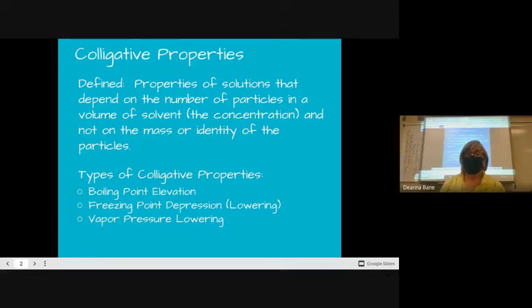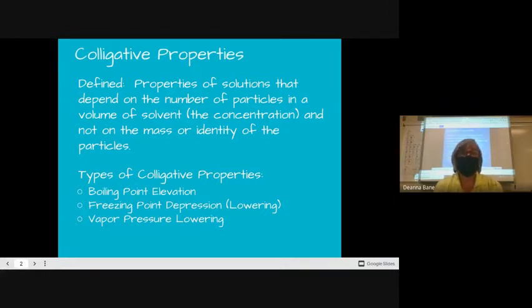All right, so one of the things that kind of brings this definition home for students is when I tell them that we experience colligative properties on a regular basis in Minnesota because we tend to throw chemicals on our sidewalks to make them safer to walk on. And what I like to point out right away is that you could use sugar on your sidewalks as an ice melt